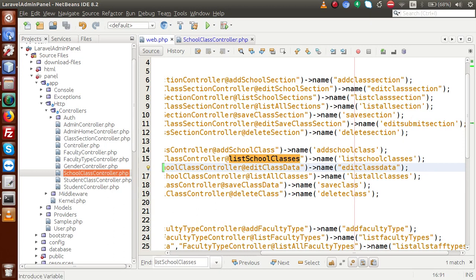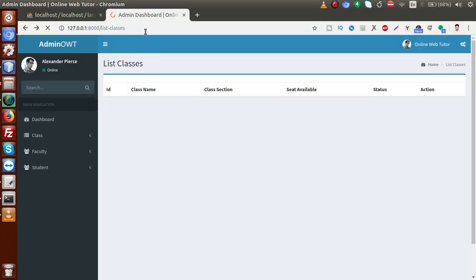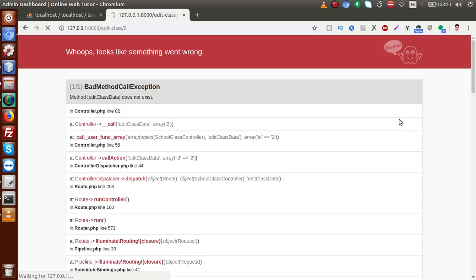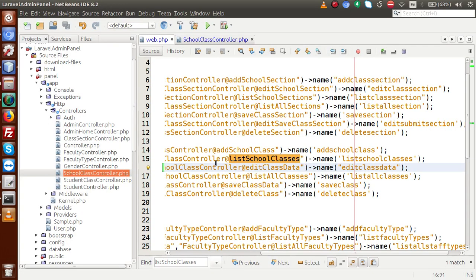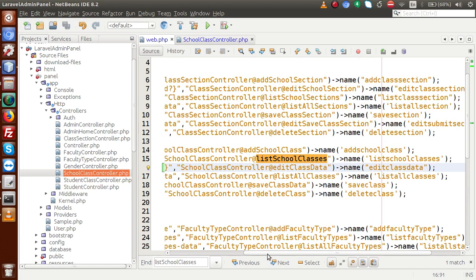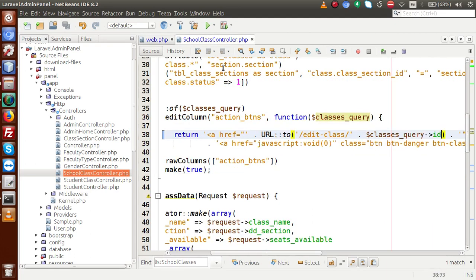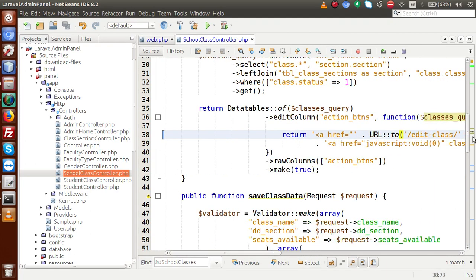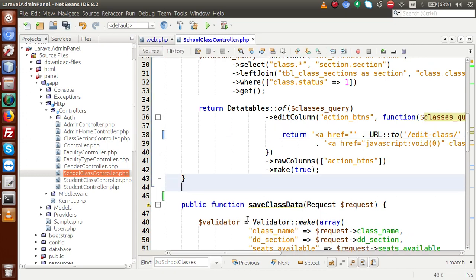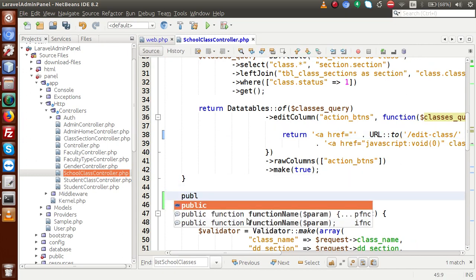So if I save this file, go here, reload this page, click on the edit button. Now as we can see, again we have no method defined. Obviously we have defined our controller, and inside this controller we have to define this method. So just copy this method name, go to the controller, scroll down, and here I make public function,